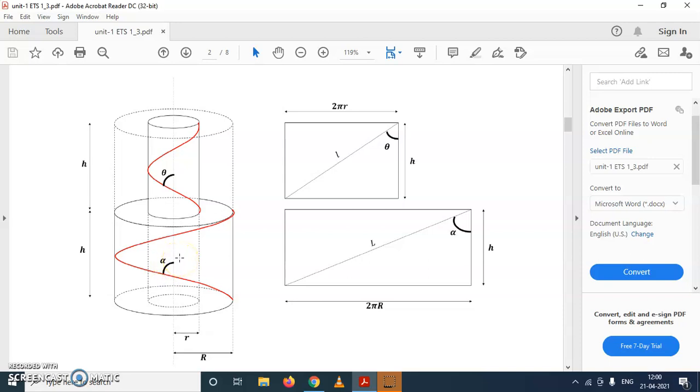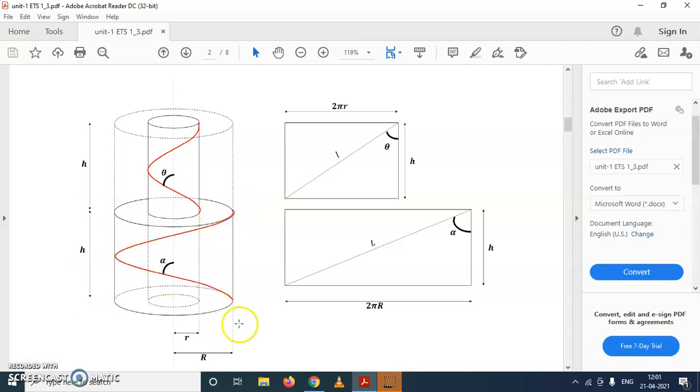This is called surface helix angle, and theta is the general notation we have taken for helix angle for any general cylinder which is having a radius r, small r. Now this h, what is this h? H is the length of yarn for one turn of twist. It is length of the yarn for one turn of twist. Now since TPI is same in all the layers, so the cylinder which is inside is also having same TPI. This h is same for that cylinder also, and this h is same for outer filament also.